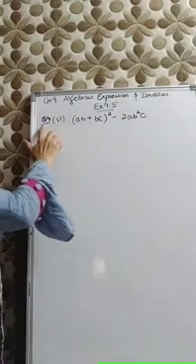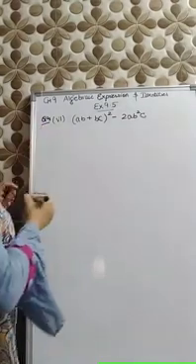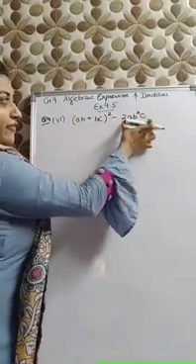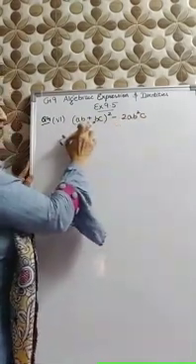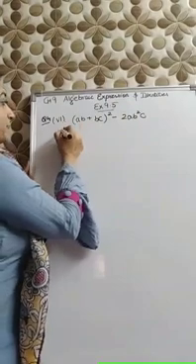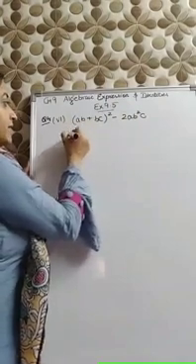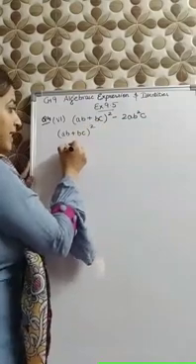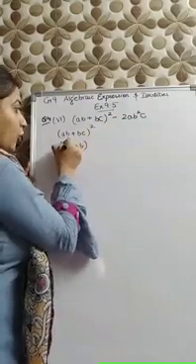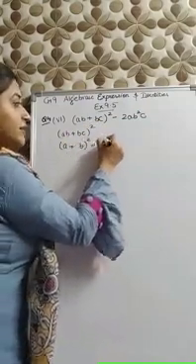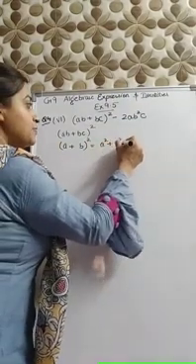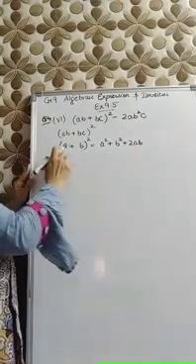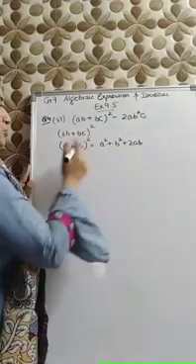Now we are starting the sixth part of question number 4. As you can see, in this question we have two terms. So let's solve the first term separately. I am solving this term (AB plus BC) whole square. This is the same as (A plus B) whole square, that is your first identity: A square plus B square plus 2AB.